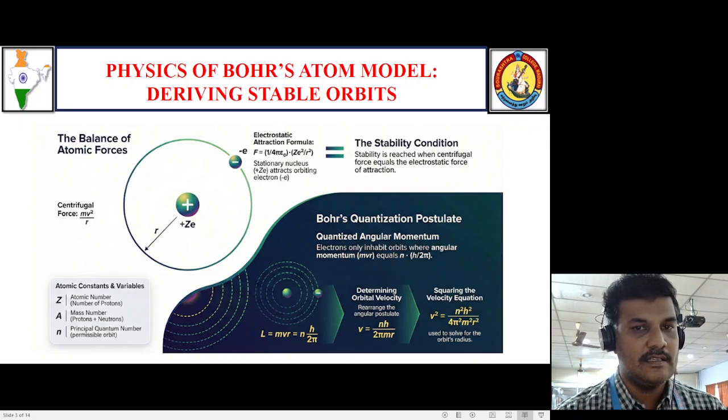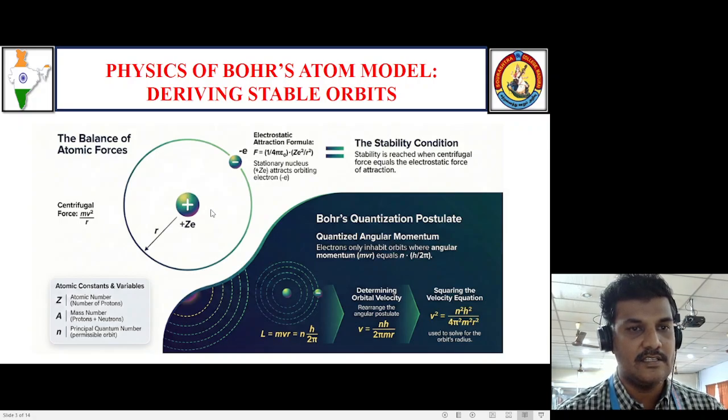Here we can see the stability condition of the stationary electrons. The charge of the nucleus is equal to plus Ze, and the radius between the nucleus and the electron is r. The balanced condition of the nucleus and the electron is maintained mainly because of the equal values of the centrifugal force and the electrostatic force of attraction. When these two values are balanced to each other, only then does the stability of the